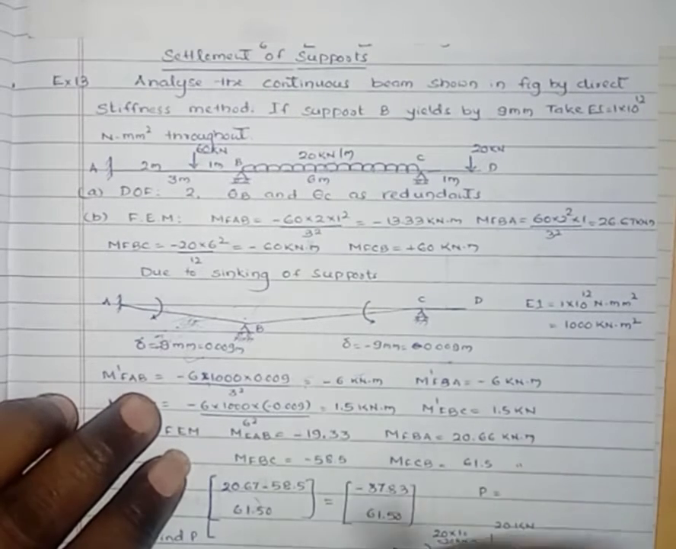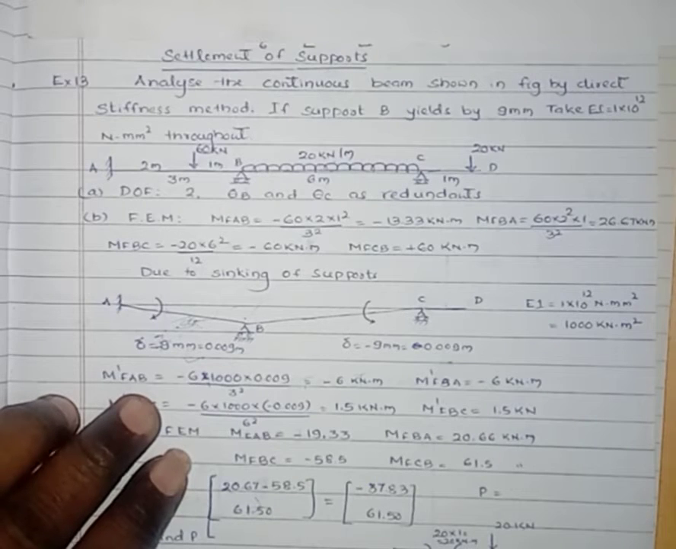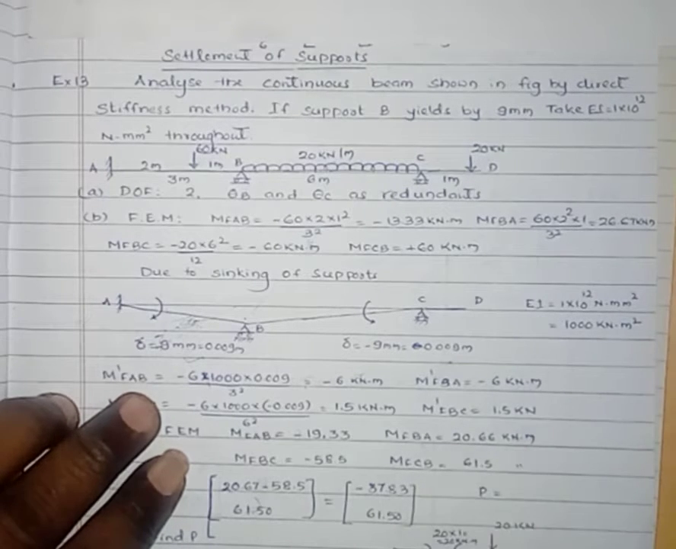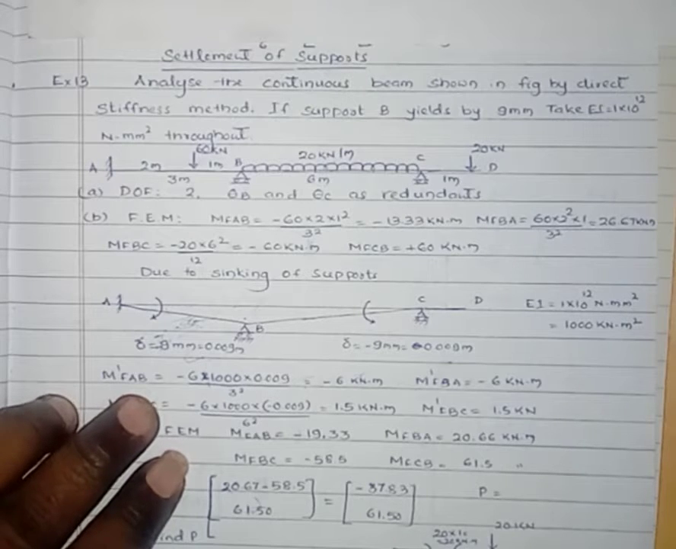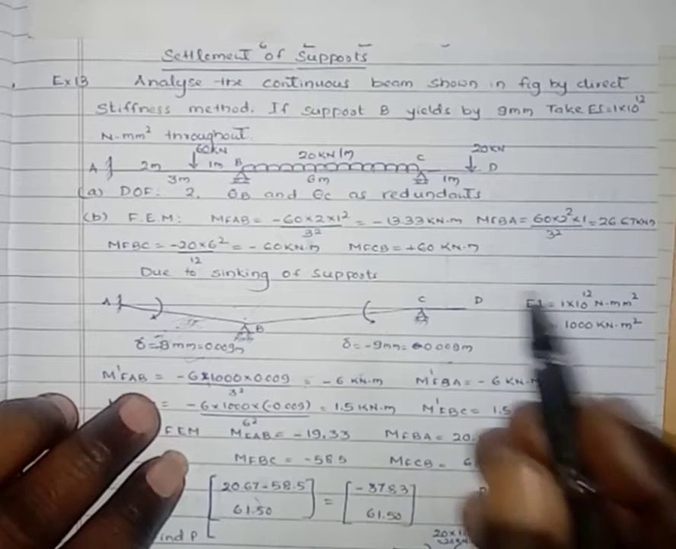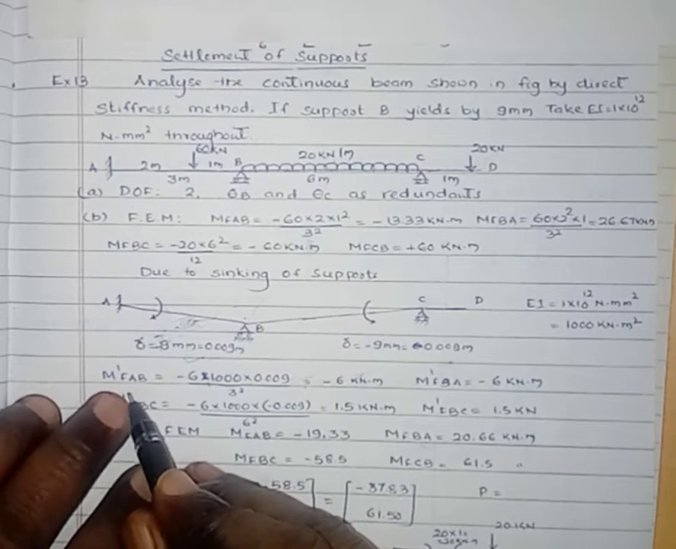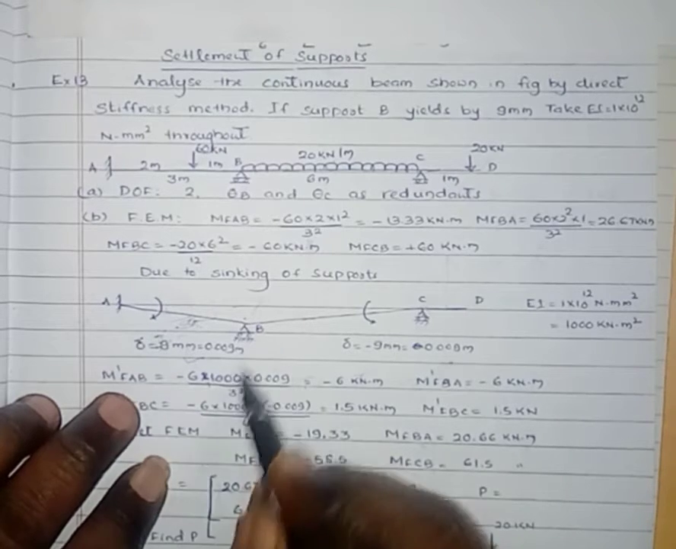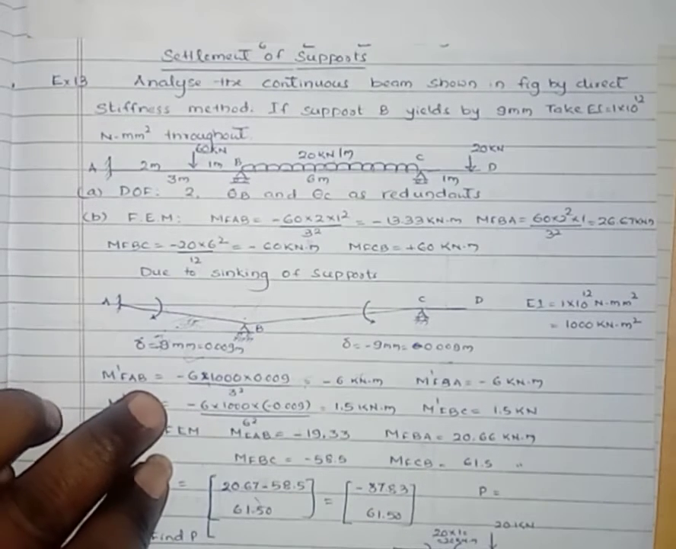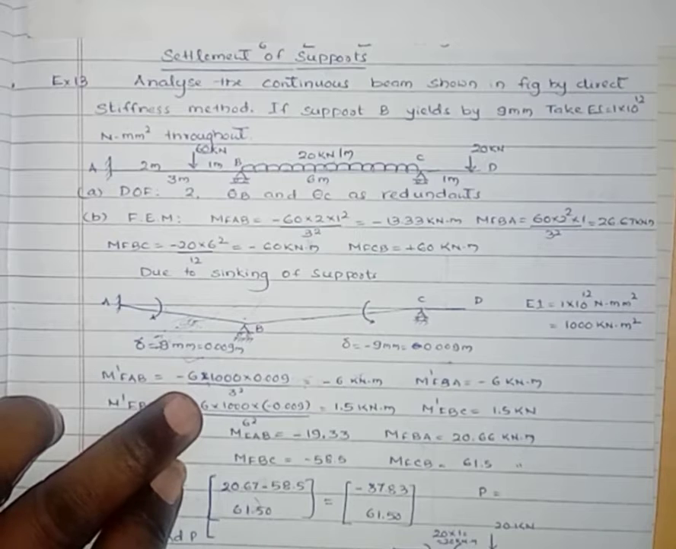Here the millimeter square, hence Newton millimeter square can be converted to kilonewton meter square by dividing by 1000 cube. You will get the value of 1000 kilonewton meter square. Now the additional fixed end moment. Here for C to D it remains the same, there is no effect of settlement. Then M dash F AB, that is the additional fixed end moment, is given by minus 6 EI delta by L